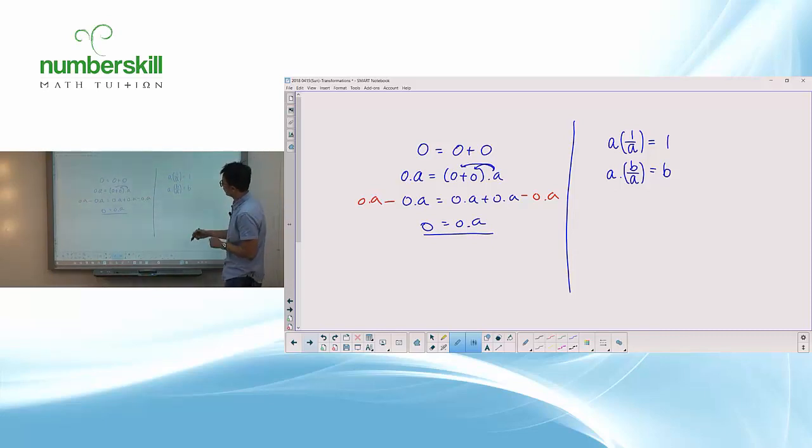But there's only one problem. If a is 0, then we should get b. Right? Because this makes sense, and therefore this must make sense. But because we agree that this makes sense first, anything times 0 must be 0. Correct or not? Okay, now we have a problem. So is it b or is it 0?